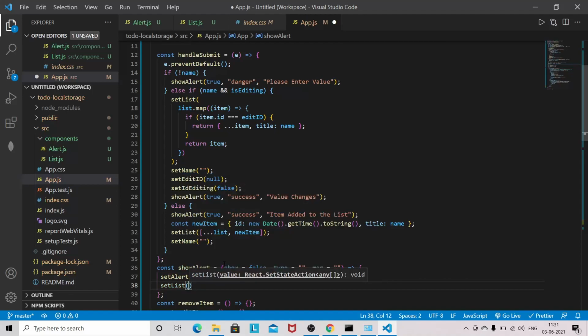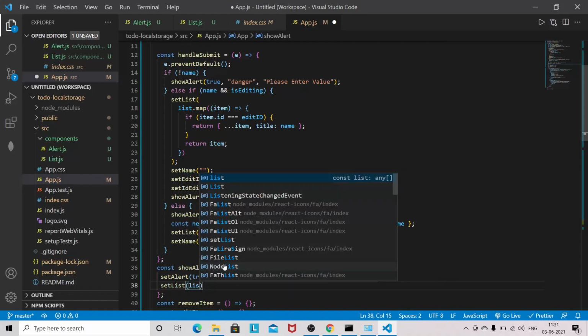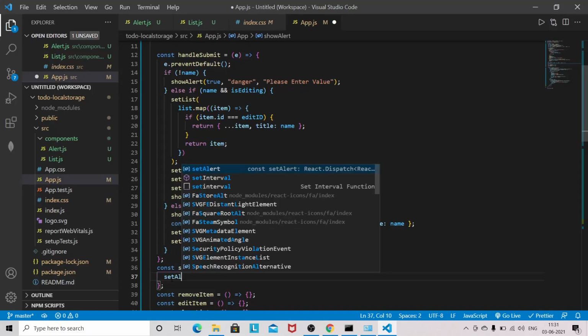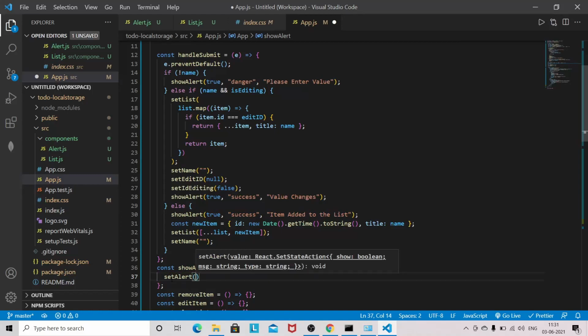Set list, so it will be empty. Sorry, I have written it wrong here. So we'll need to use setAlert, and this will be show, type and message.